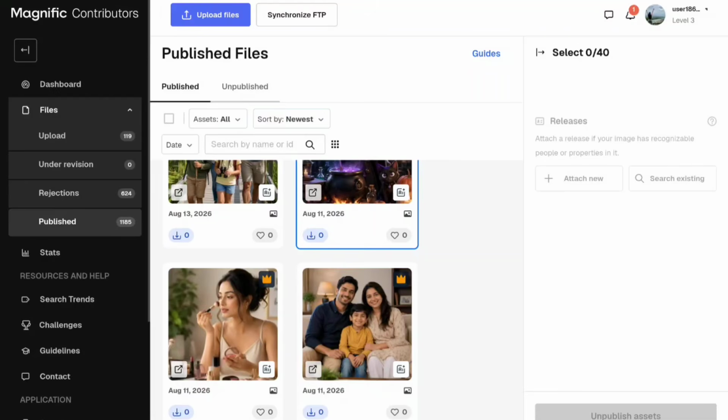So this is all about the upload section and publishing images, how many images they are selecting and how many images they are rejecting. I think you have the knowledge now of how to upload, and how images go into the under revision section, rejection section and publish section.